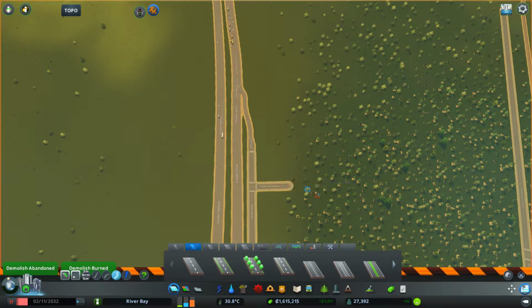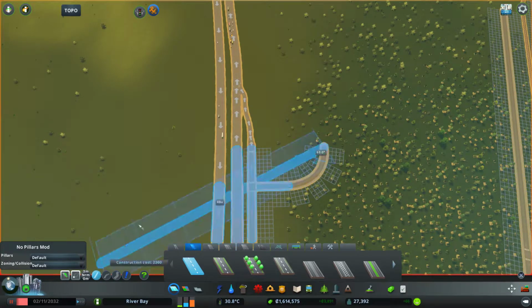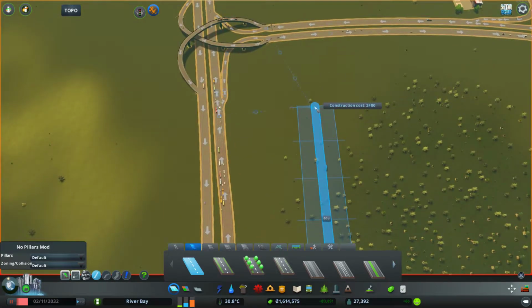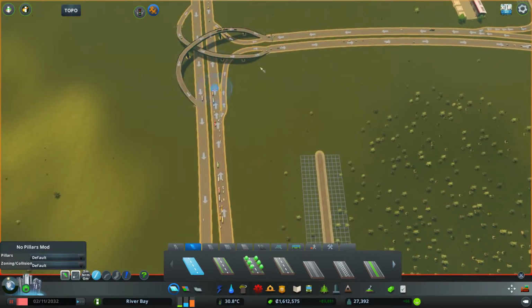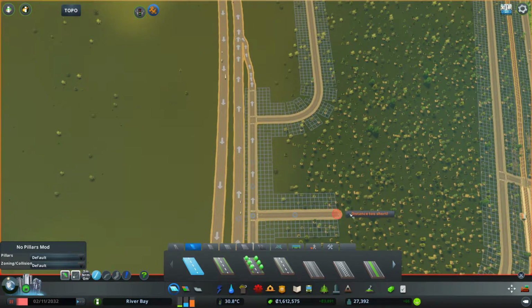So let's claw back that one by one. And what I'll do is I'll do like that and like that. And then we'll run this up a little bit to there. Can't get it too close, because if we redo that as a big interchange, that'd be an issue. Okay, so this one, what I want to do is I want to turn...